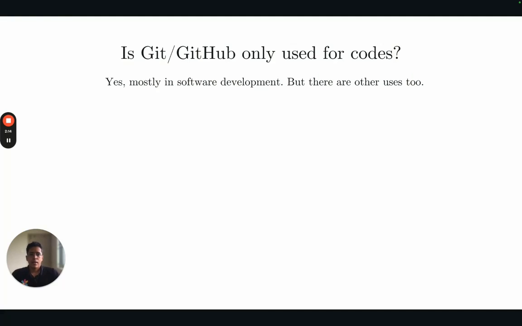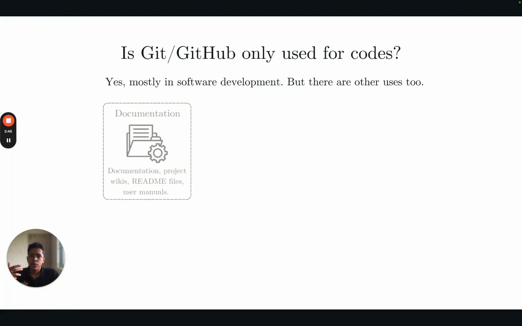The main question that we can ask here is, I have been mentioning coding again and again. Is GitHub used only for coding? It is used mostly in software development. So you will probably not be using Git if you are working in material science, something like that. If you are working in an experimental setup, conducting physical experiments, and you have a lot of files, you probably won't be using GitHub to store or manage them. You will probably be using Dropbox or Google Drive or something like that.